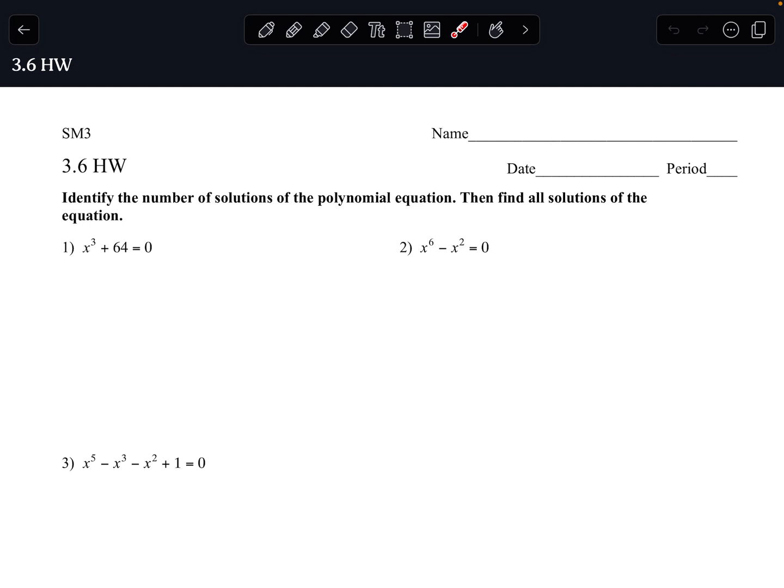3.6 is very similar to 3.5. The only difference is that there can potentially be imaginary solutions rather than just real solutions. So, let's go through here. Identify the number of solutions of the polynomial equation, then find all the solutions to the